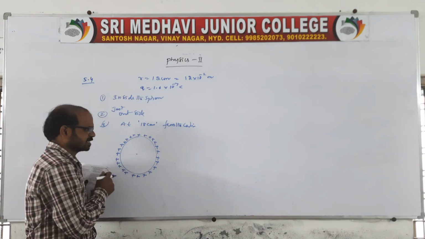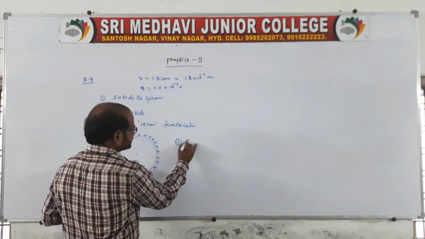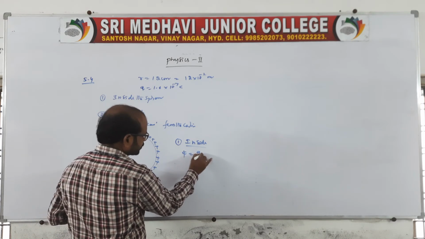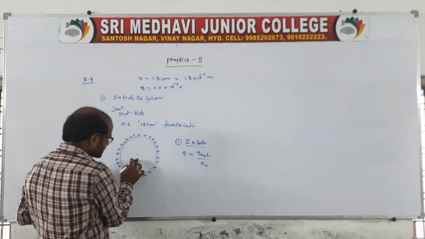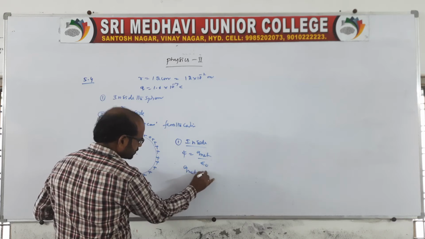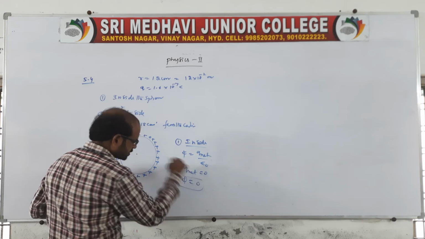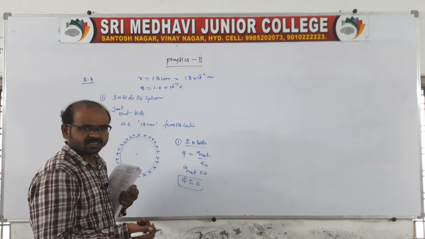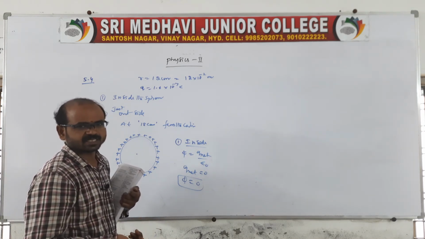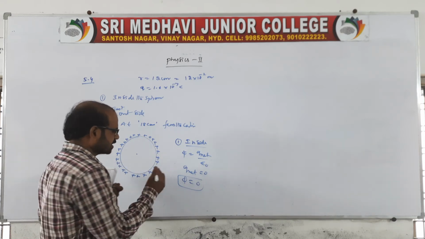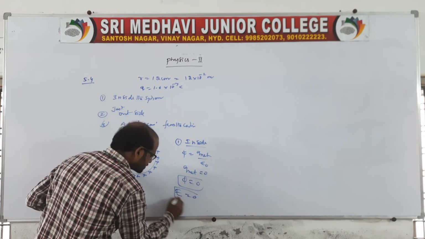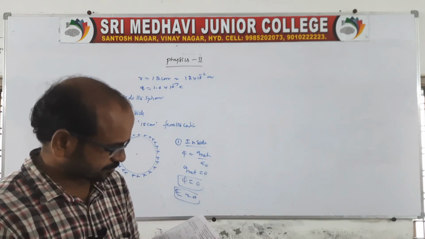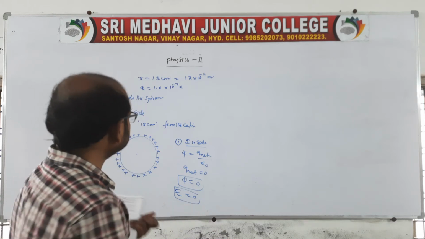Therefore, when there is no net charge inside, I am telling inside, flux is equal to Q net by epsilon naught. Of course, inside there is no charge, no. Q net will be 0. Then what happens to the flux? It is 0. When flux is 0, according to the electrical flux, we can say closed integral E dot ds is equal to 0. So here E is equal to what happens? 0. Because there is no net charge, therefore it will be 0. It is the answer to question number 1.